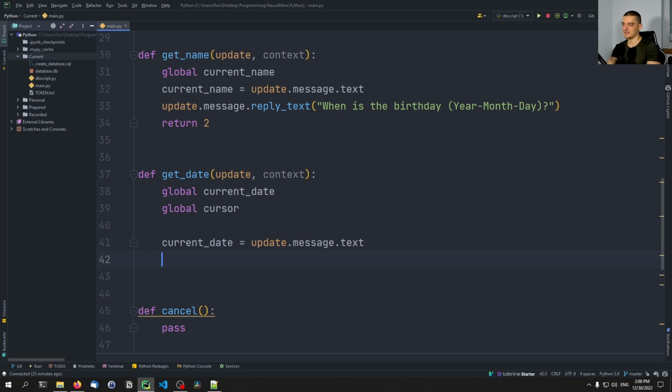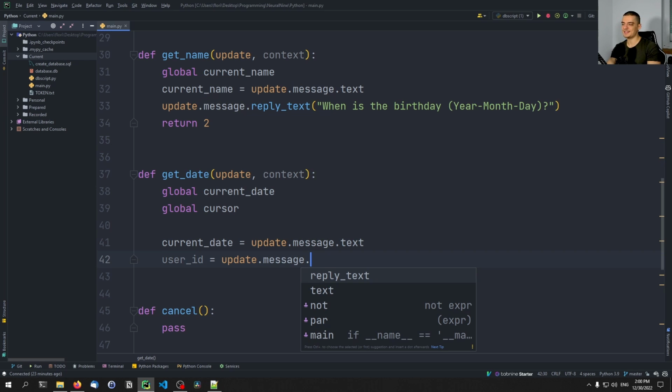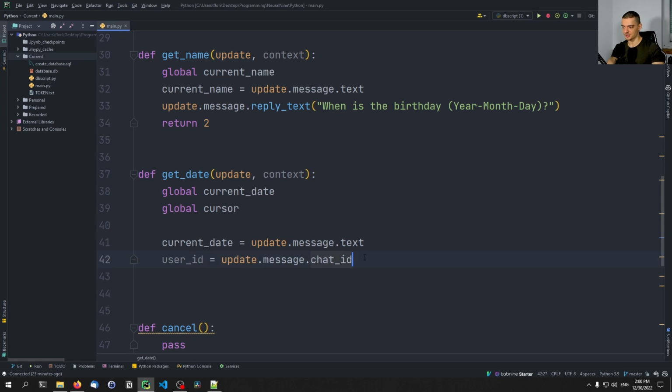But now we also want to get the user ID. So who is actually asking for the reminder, because we need to put that into the database as well. Otherwise, we don't know who we need to remind when this person's birthday is. So what we want to do is say user ID equals update message, and we want to get who this message is from, which chat does this message belong to. So chat ID: user ID is going to be update message chat ID, and then we want to say cursor.execute,